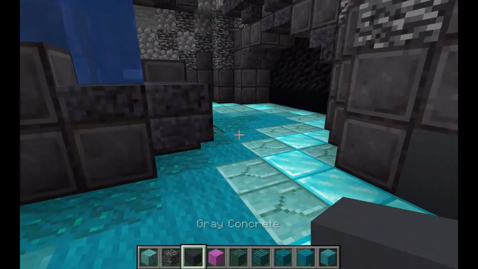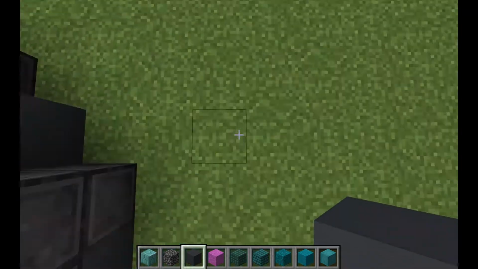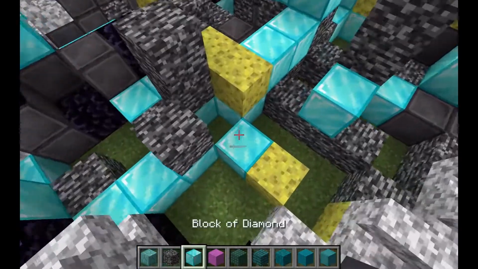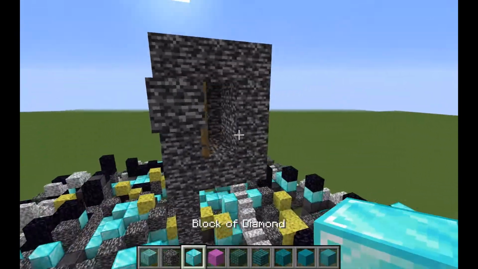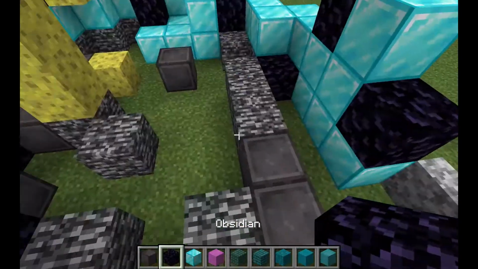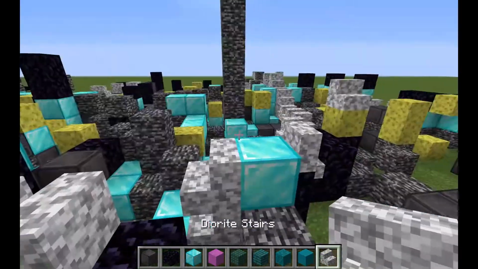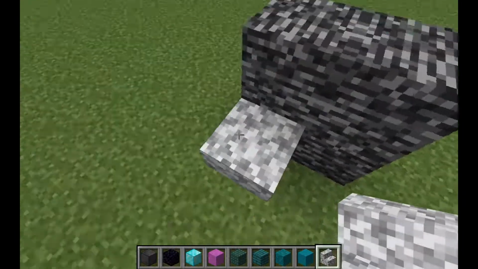Alright, so the next build, this is my favorite one I built here so far. So let me just show you. So this is a pretty cool survival starter base. Uses about 15 diamond blocks. So that is a little bit expensive. Uses some bedrock, not too much of a problem. Some obsidian, some netherite blocks, some sponge. The sponge is a really nice touch. It kind of complements the whole design. And then as a nice contrast, I use some diorite, because the diorite is white and the bedrock is black. So it's a really, really nice